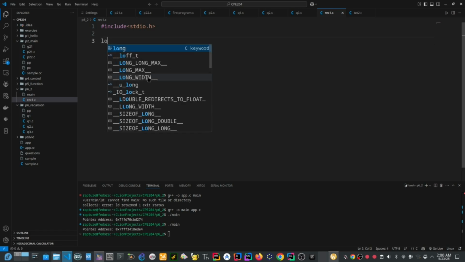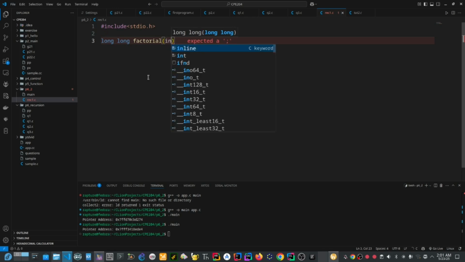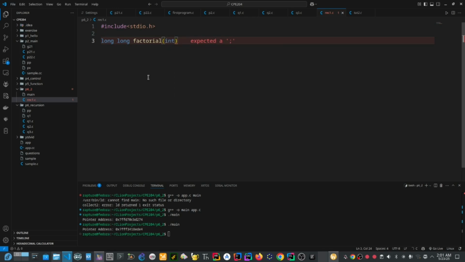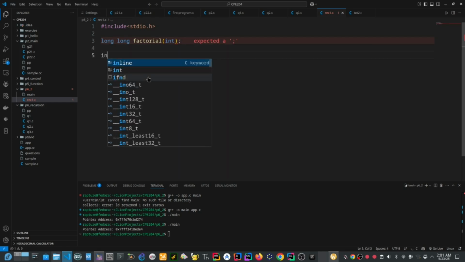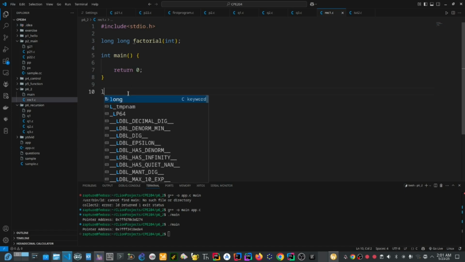Now we use long, and we call it factorial. You can call it anything you want, taking in an integer value. You can leave it this way. And int main. Return 0, because you have int here. Now let's implement the function we have here. Long